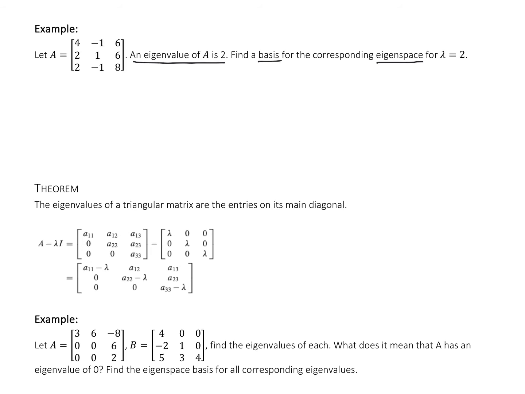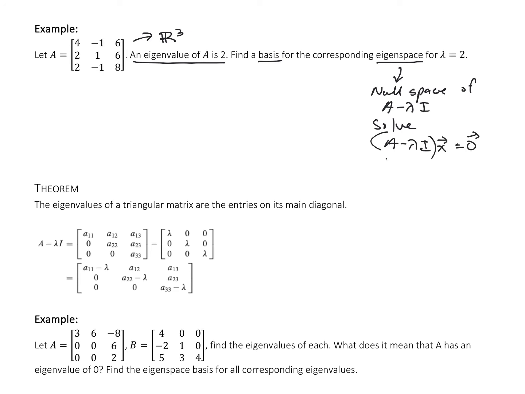Now, just to remember, an eigenspace is a subspace of, in this case, R3. So our eigenspace is going to be a subspace of R3. And our eigenspace is the null space of A minus lambda I. So what that means is if I solve A minus lambda I x equals 0,